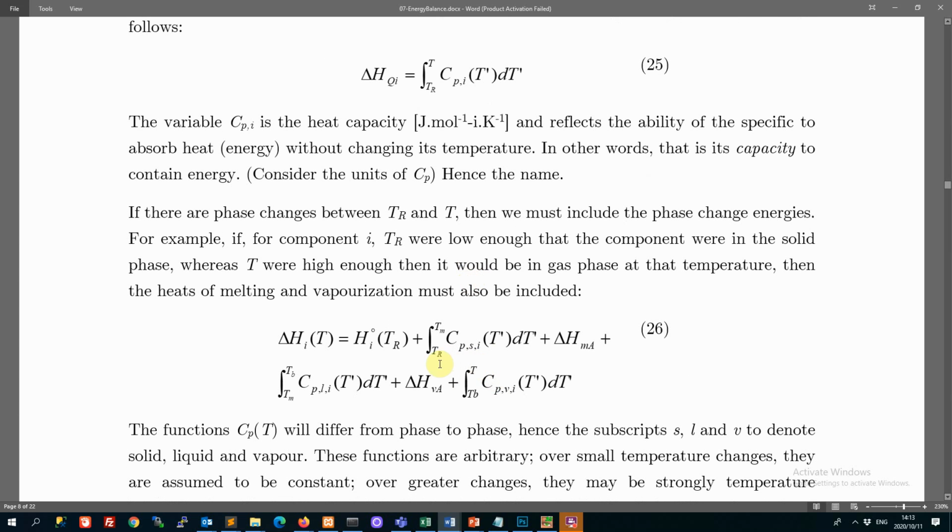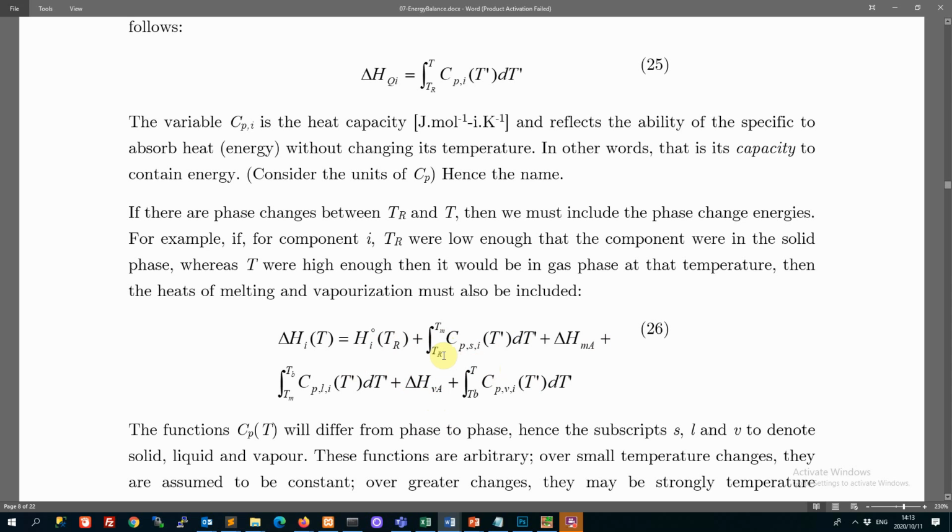So that's where you have to add in heats of melting. And then of course, if you go all the way from a molten thing, from a liquid, to a gas, then you also have to add in the heat of vaporization. So if you have so many phase changes, then instead of integrating all the way to T in one shot,